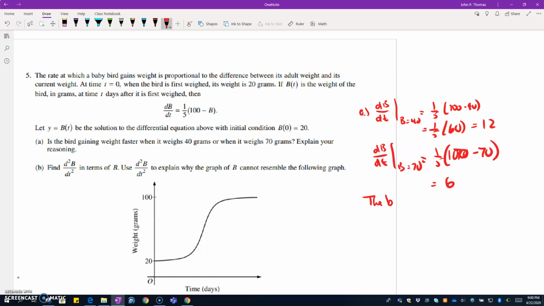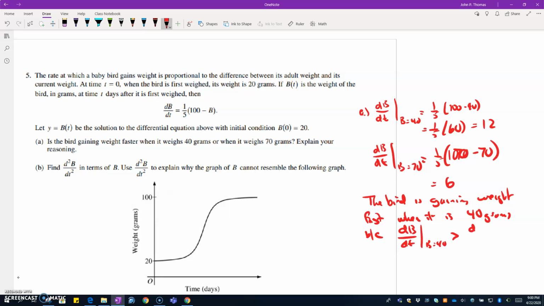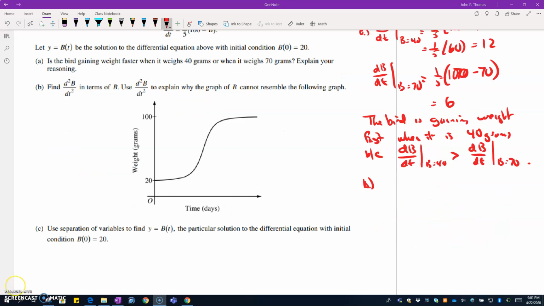So we'll say the bird is gaining weight faster when it is 40 grams, because dB/dt when B equals 40 is greater than dB/dt when B equals 70. All right, and that would be a complete answer for part A. All right, moving into